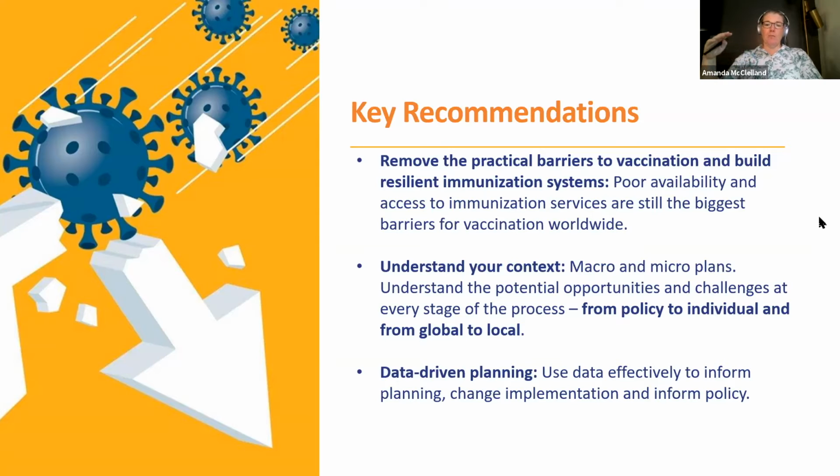You need to be thinking about the potential barriers in each of those phases, and really being data-driven in planning. I think Angola is a great example for me, and a good reminder that you need constant data, not just on vaccine availability and vaccines delivered, but community attitude and understanding rumors, knowledge, and access opportunity costs. And so really having data-driven planning and using data effectively to inform your planning, but also change your implementation and